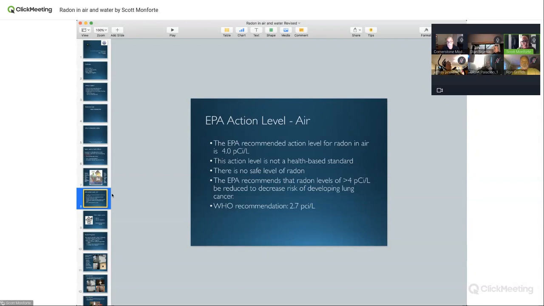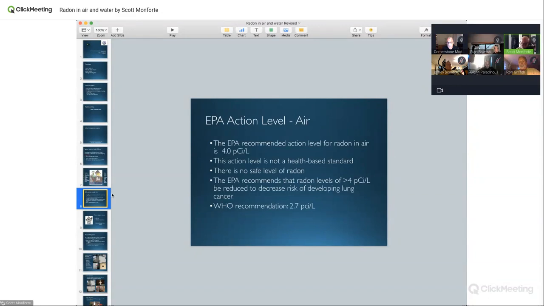Would I like to see it lower than that? Absolutely. We want to see it as low as we can get it. But 4 is achievable. And when you have a radon level of 60 and I get it down to 3.9, everybody's high-fiving me. They're like, oh, you're the best mitigator in the world. When you have a radon level of 4.2 and you get it down to 3.9, people are like, oh, geez, I thought it would go lower. So sometimes the lower numbers are a little bit more challenging, and we'll get into that a little bit.